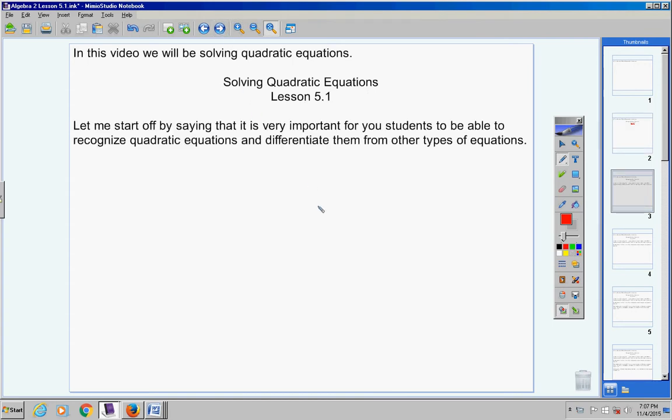Now, listen to me very carefully. I will talk slowly. Listen. Let me start off by saying it is very important for you students to be able to recognize quadratic equations and differentiate them from other types of equations. Very important. If you are given a group of equations and there are quadratics in there and linear and absolute value and different equations,